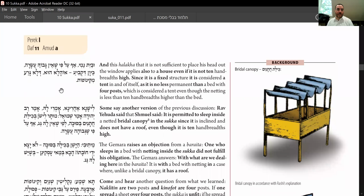Okay, one more point about that. Ubayit nameh afapi she'en gavoa. Now we're on 11a. Asara kevan de kebia ohalahu de la gara mikinofet. By the way, a house, even if it's a very low house, less than 10 tefachim, because it's permanent, it is considered a tent, because it's not going to be worse than kinofot, the 4-post bed,